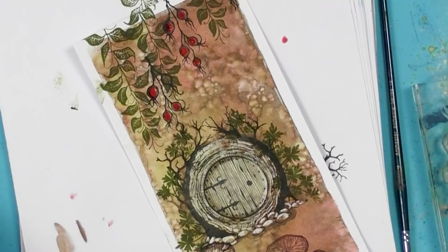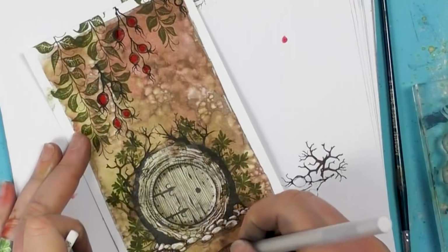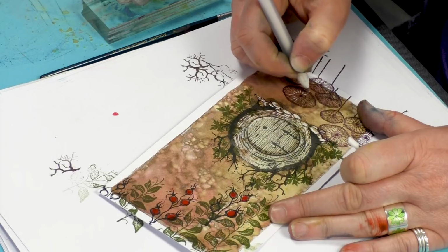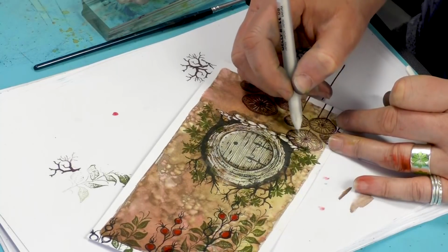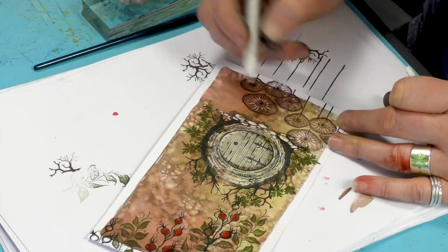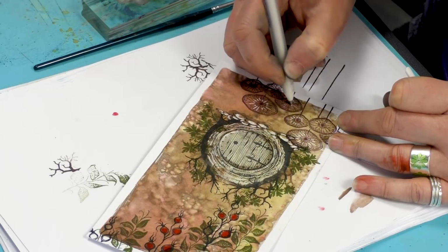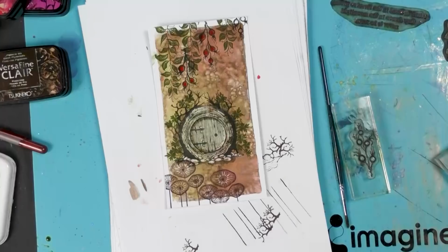Okay. And we'll go back to our white pen. And I'm just going to pull out some of the detail on the lunar buds here as well, just to make them stand out a little better. Okay,